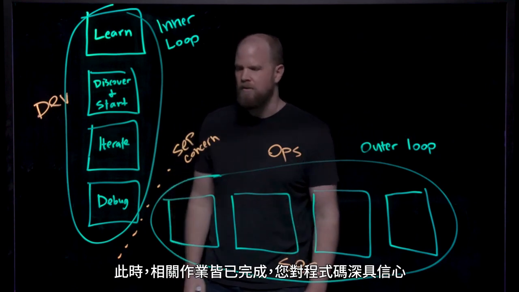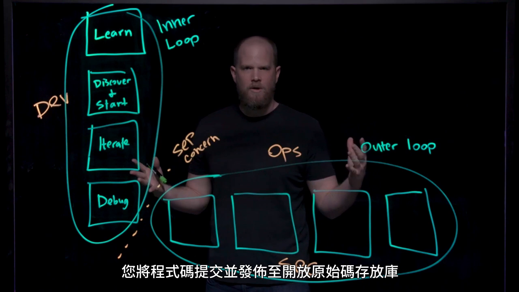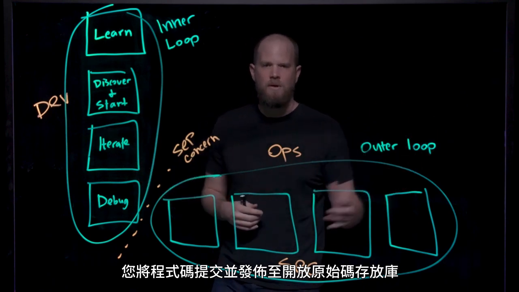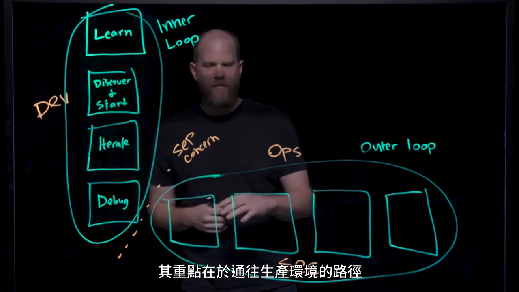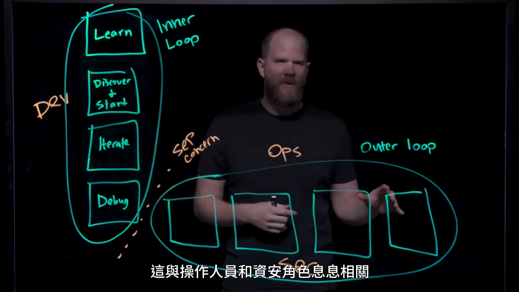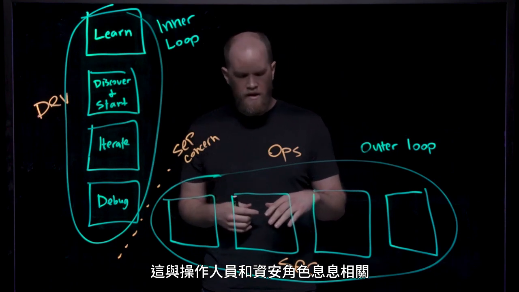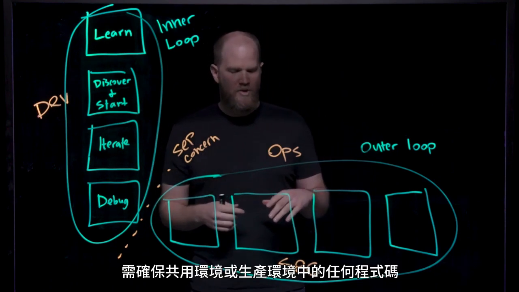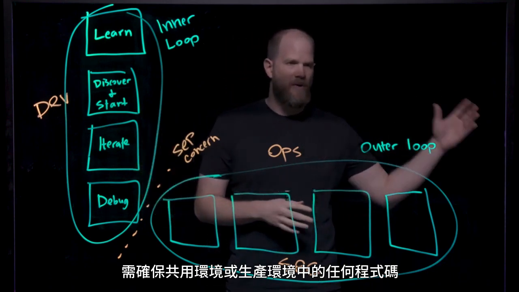At that point, when you've gone through and you're confident your code is in a good spot, you commit your code and push it to a source code repo. Now this takes us to the outer loop. The outer loop is all about the path to production. So this is about your operators and your security personas, making sure that any code that goes into a shared environment or production environment